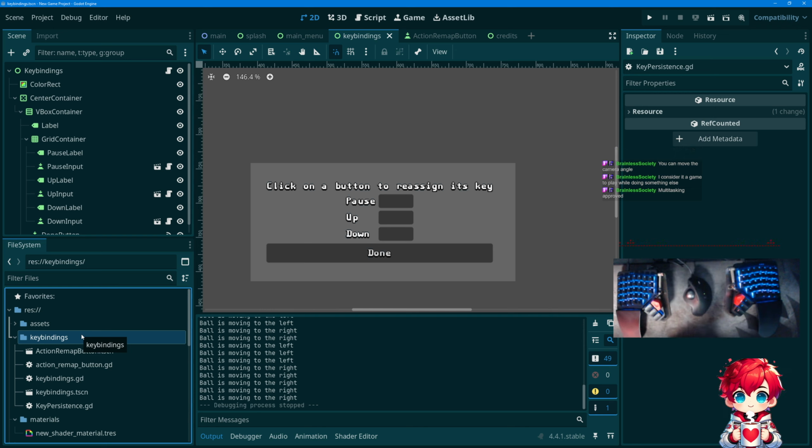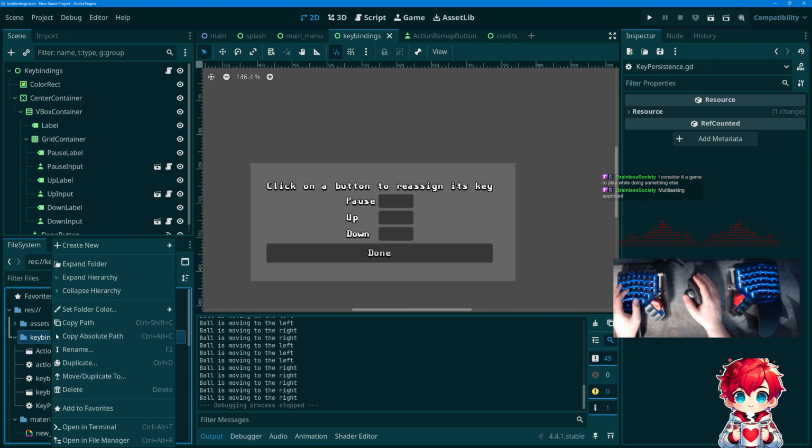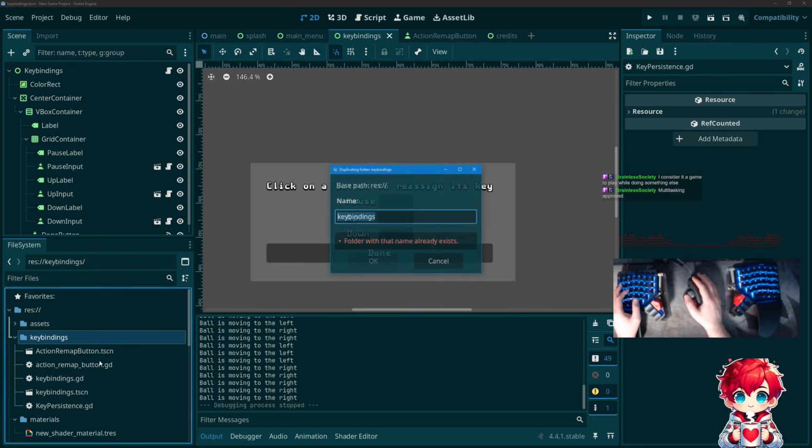Or in your main menu, you have a button to access key bindings, audio, and then difficulty. Or maybe it's multiple levels or something. I think what I'll do for this though is take this folder and duplicate it, and we're going to call it